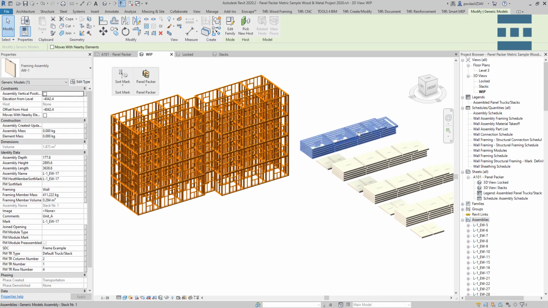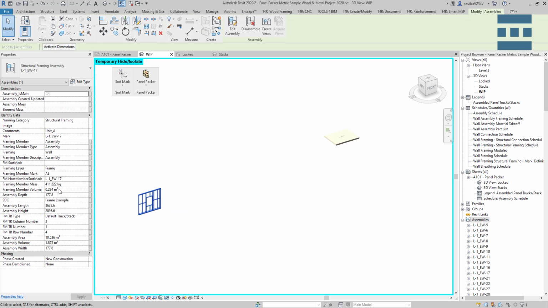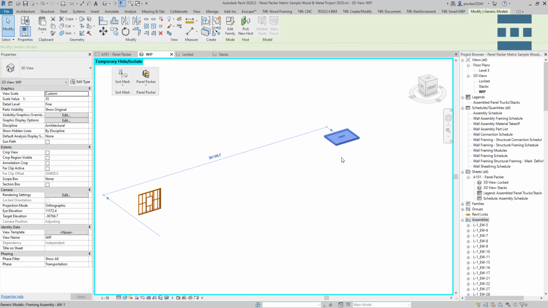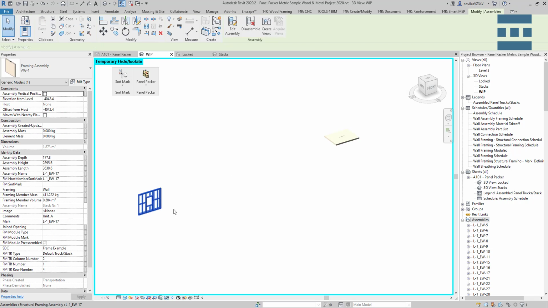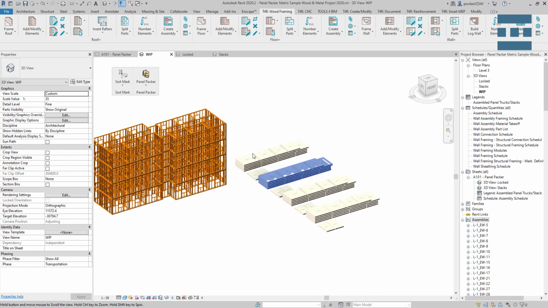Okay, so we know that this, we just isolate those two elements. Okay, so we know that level 1 external wall 17, that's the representation of this wall assembly. So in terms of size and weight. So that's over here. Yeah, so let's have a look. So now,